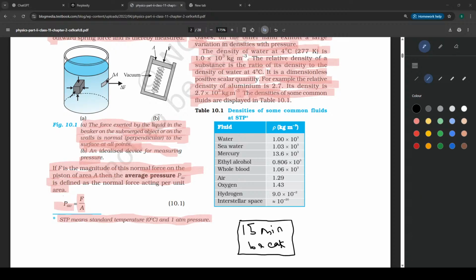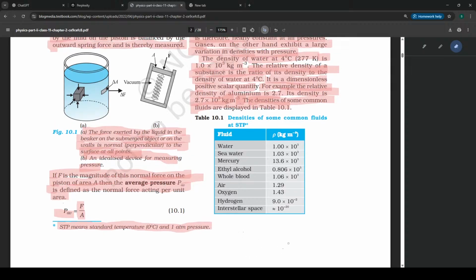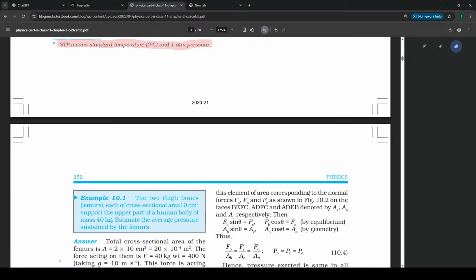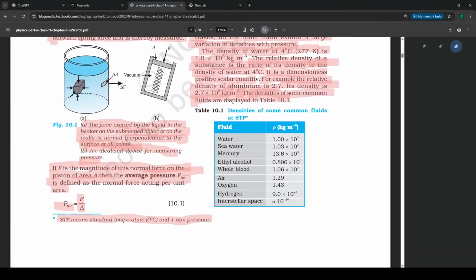Okay, then the break is over. Let's continue. Some values of densities of some common fluids are given here. Water being 10 power 3 kg per meter cube, sea water being slightly higher than normal water,